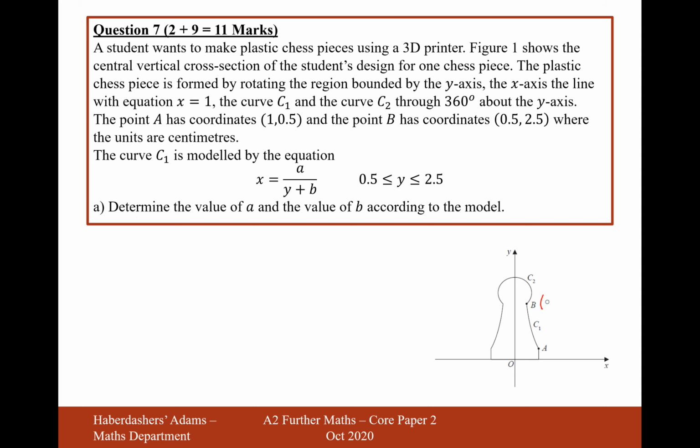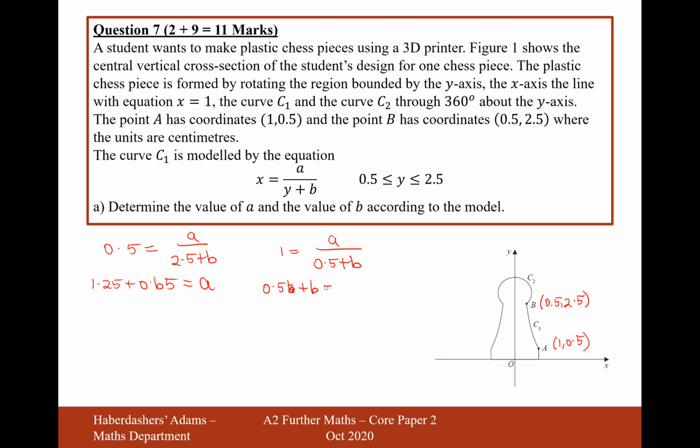Well, given that point B is at (0.5, 2.5), and A is at (1, 0.5), we can just plug in these coordinates and work out what a and b are. So for the first coordinate, 0.5 is the x coordinate, equals a over 2.5 plus b. So if we multiply that to the other side, we get 0.5 times 2.5, which is 1.25, plus 0.5b equals a. So that's from the first coordinate. Now from the second coordinate, x equals 1 equals a over 0.5 plus b. So it's going to be 0.5